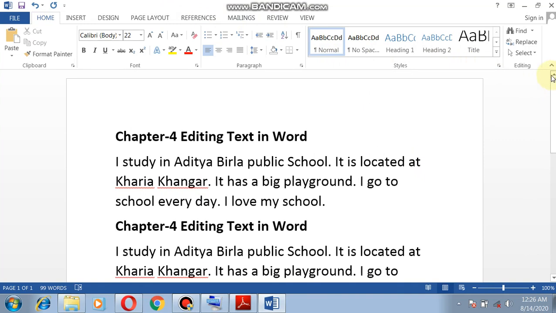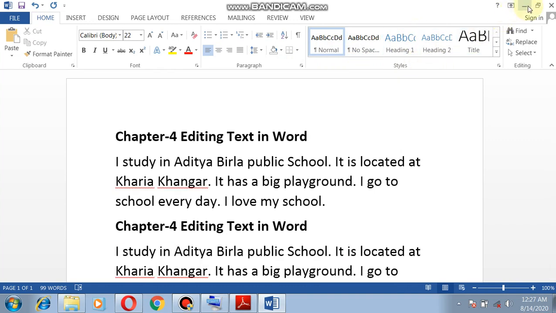Okay, and I would like to tell you the names of different parts of a Word window. This is called the quick access toolbar. On the top you can see that 4 icons are there: undo, redo, save, and this is the Word option. So this bar is known as the quick access toolbar. File, Home, Insert, Design, where these options are available, this is called the menu bar. And this complete portion, this is called the ribbon.